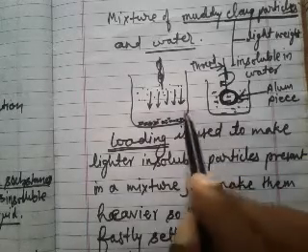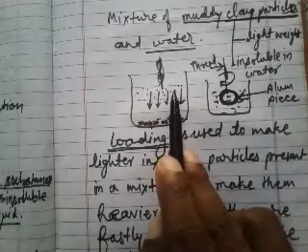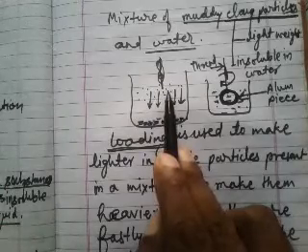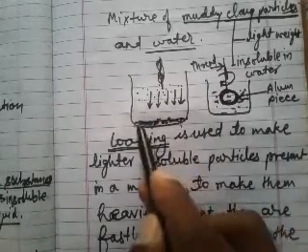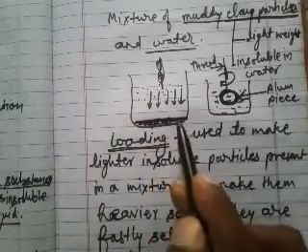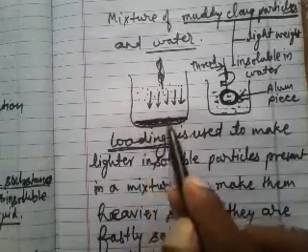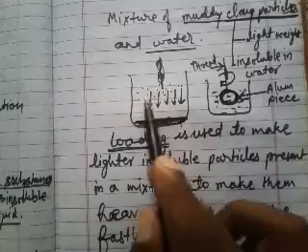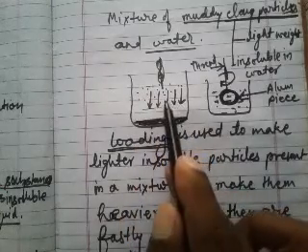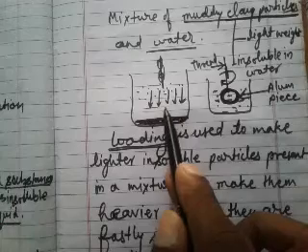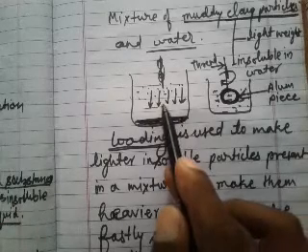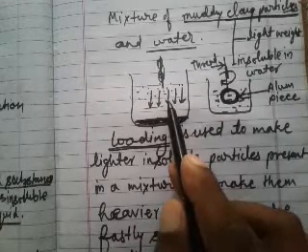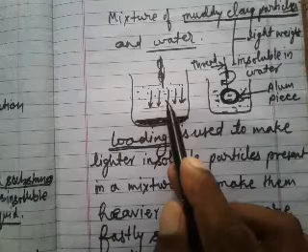And clear water is left over this layer. This means two layers are formed in the decantation process. One is the heavier layer of particles, and another is the clean water layer. This clean water layer is obtained by using the decantation method,